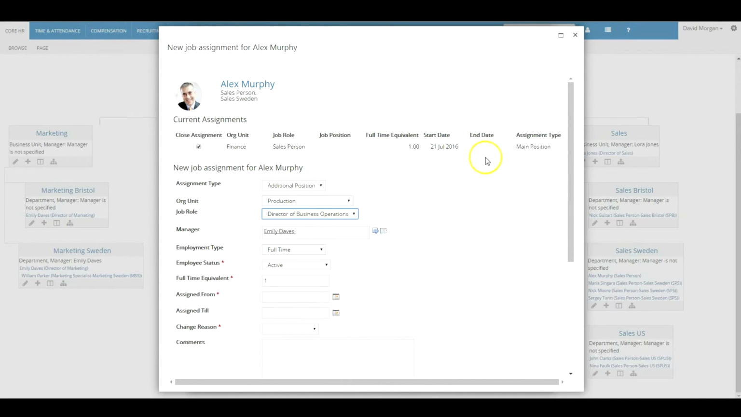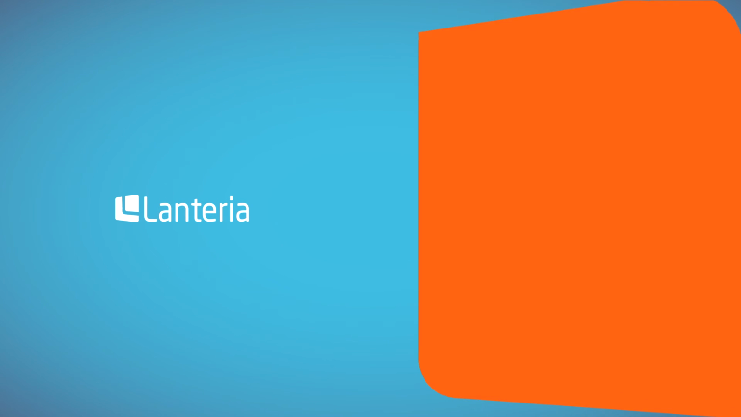Then our employee will appear with their main position org unit as defined on the main page or the General tab of their employee card, and then they'll also appear in the additional org unit of their additional job assignments. And that concludes this part of our